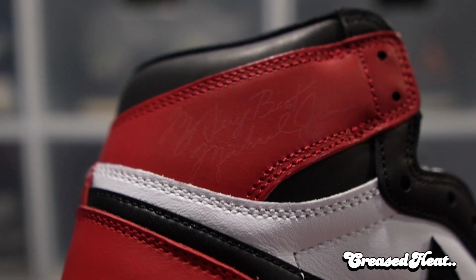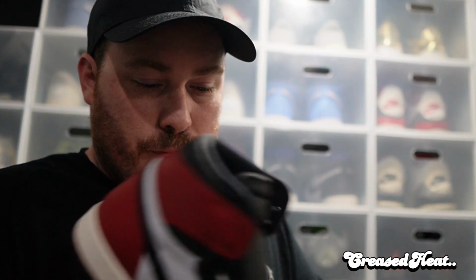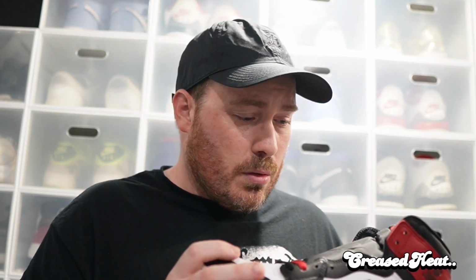Now the coolest addition to it is here, and you can barely see it. I don't know if it needs to be lit up with a black light, but it basically says my very best wishes, or my very best, Michael Jordan. So they're basing this on the sample pair that he's wearing in the image, right? But then you got the signature in there that kind of is like, did that pair get given away and signed to someone at some point? I don't know. Or is that just an excuse to have a signed pair of Jordans? I mean, not everyone's going to get that chance, but